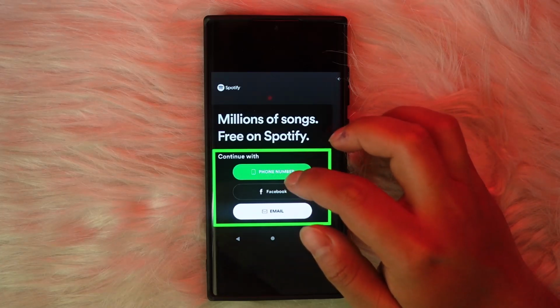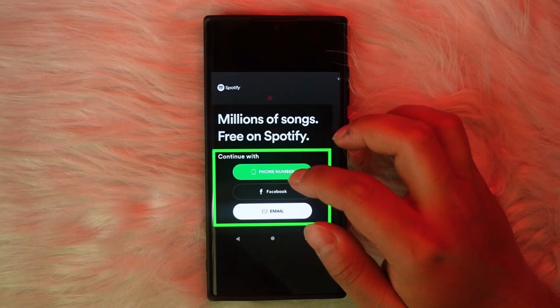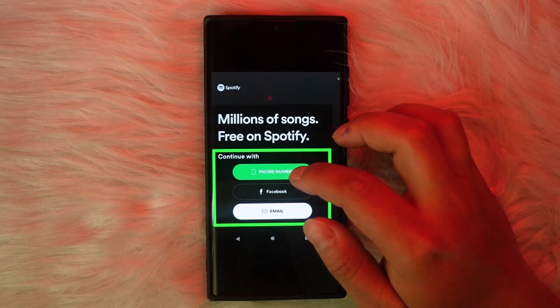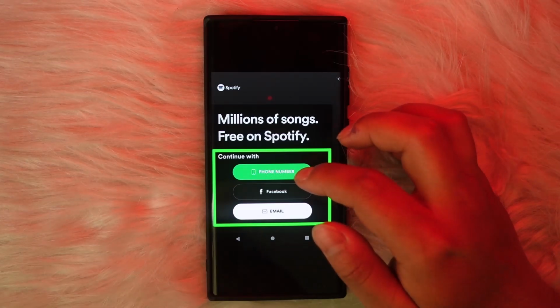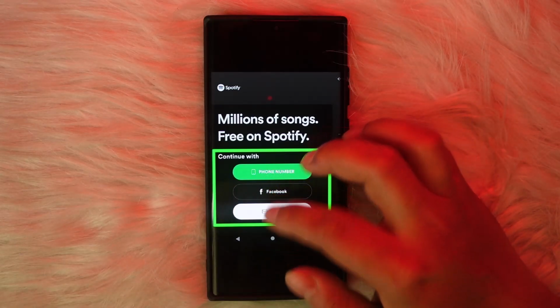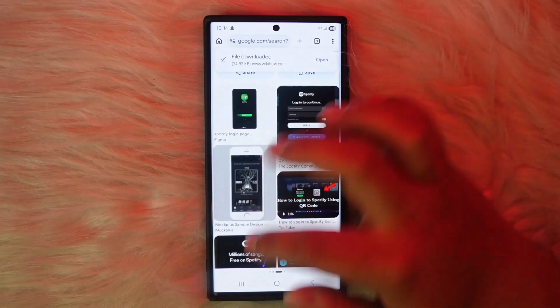Now, if these are not the cases with you, what you can do is simply try again in a few minutes. Sometimes there are server side issues, so if you wait a few minutes, you should be able to receive the code again. But however, if you're still not able to receive the code, then in this situation